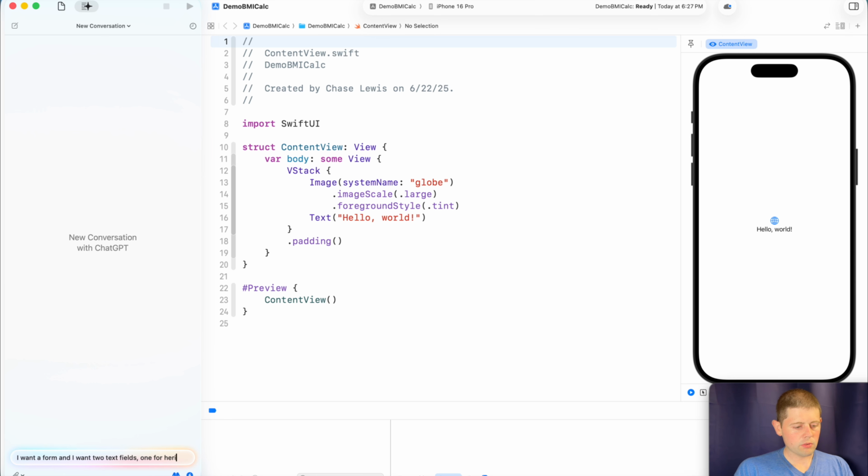one for a user to enter their height, and another for entering their weight. And for right now, we'll say that this is height in inches and weight in pounds. There we go. I also want a button that says